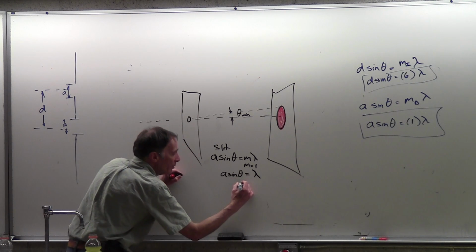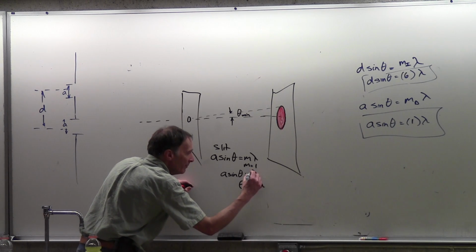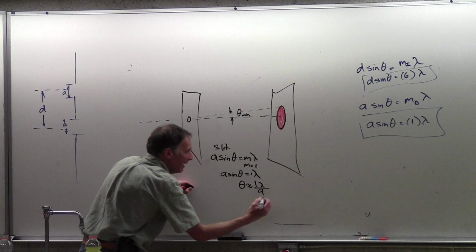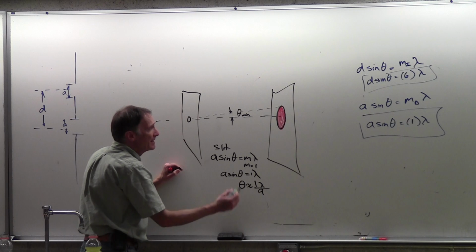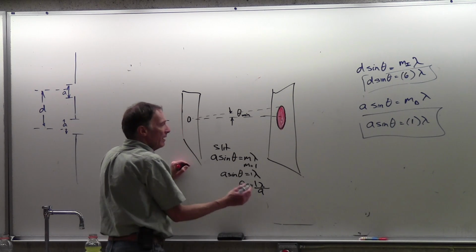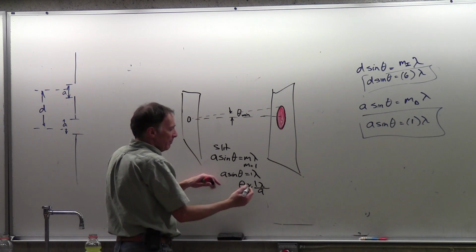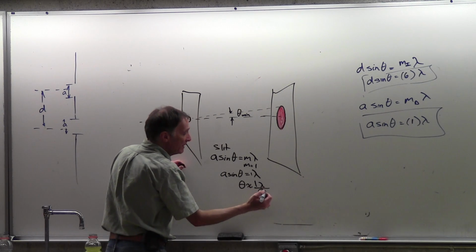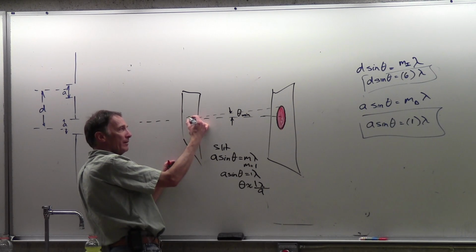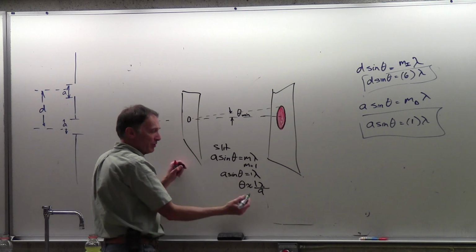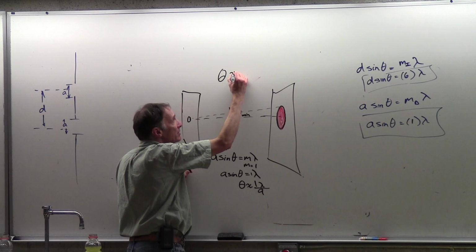And for small angles, we could say theta is approximately equal to 1 lambda all over A. We're going to do something similar to this, and we really need to integrate over this circular aperture. When you do the mathematical integration over the circular aperture, you get a little bit of a different change. You get theta is approximately equal to